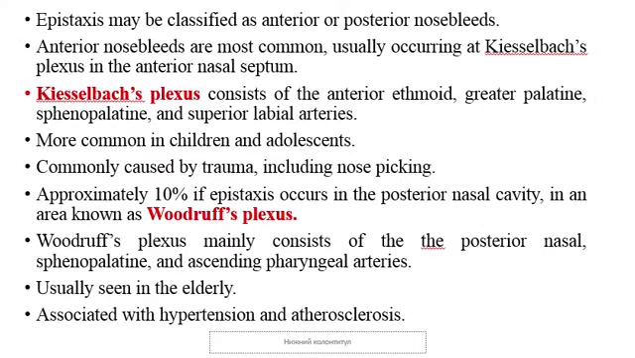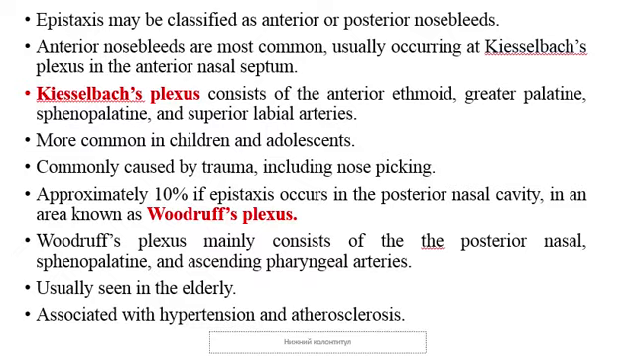Epistaxis may be classified as anterior or posterior nosebleeds. Anterior nosebleeds are most common, usually occurring at Kiesselbach's plexus in the anterior nasal septum. Kiesselbach's plexus consists of the anterior ethmoid, greater palatine, sphenopalatine, and superior labial arteries. More common in children and adolescents. Commonly caused by trauma, including nose picking. Approximately 10% of epistaxis occurs in the posterior nasal cavity in an area known as Woodruff's plexus. Woodruff's plexus mainly consists of the posterior nasal, sphenopalatine, and ascending pharyngeal arteries,